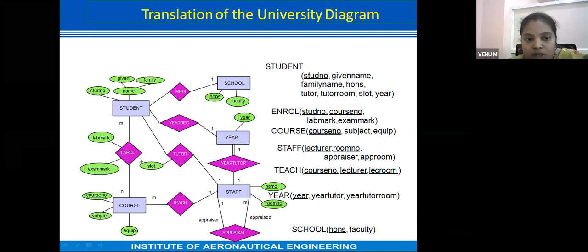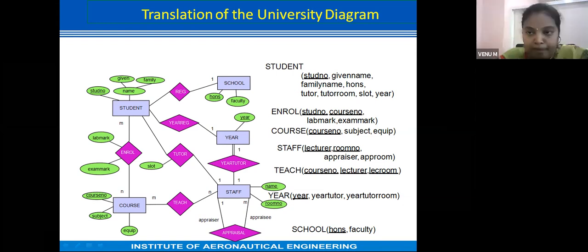So what are the other attributes for this? Lab marks and exam marks. Okay, there is a relationship between student and course. Do you understand this? How to convert our ER model to a relational model?